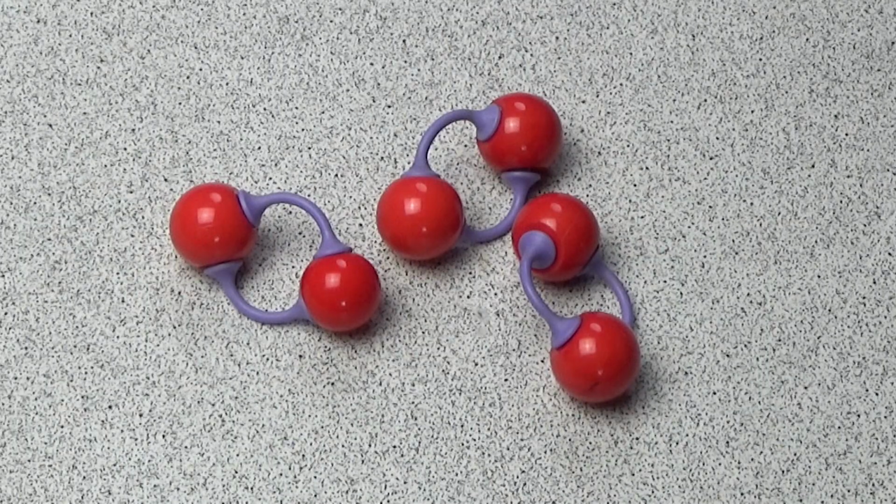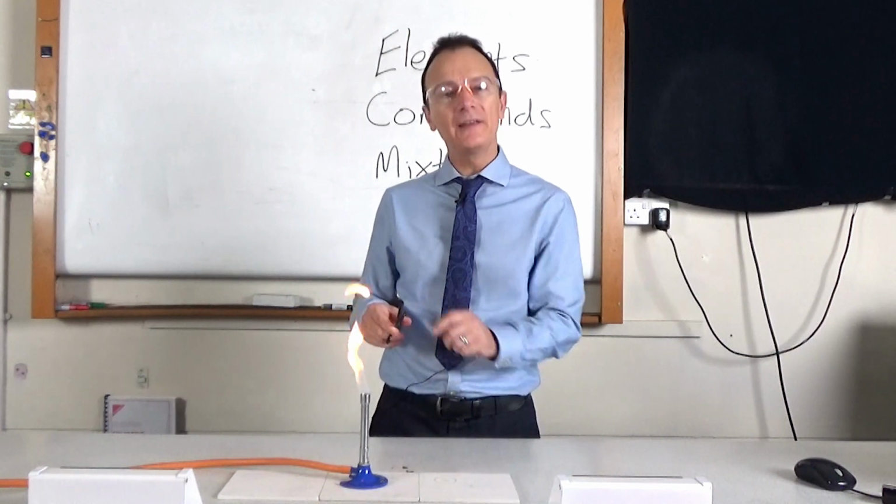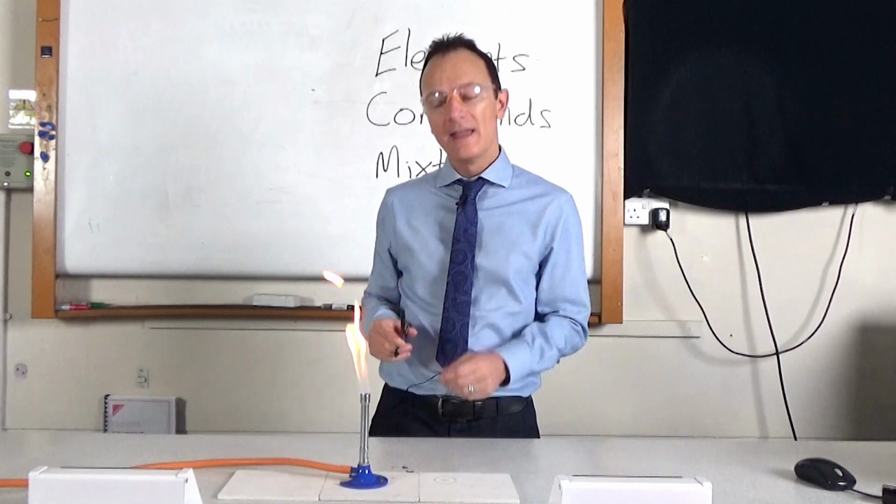Here's a different element. These models are meant to represent oxygen atoms, and we can see it's an element because there's only one type of atom. All the models are red. Yes, the atoms are pairing up to form molecules, but we've still only got one type of atom, so it's a chemical element. Let's see what happens when we react a piece of magnesium with the oxygen in the air